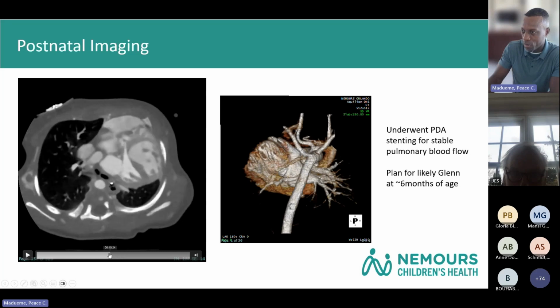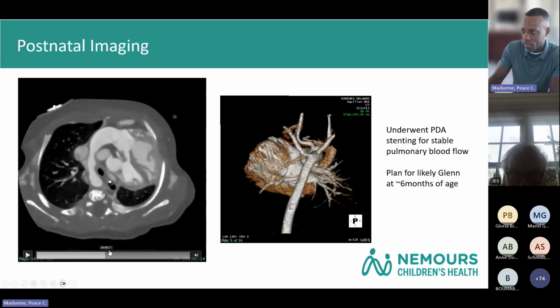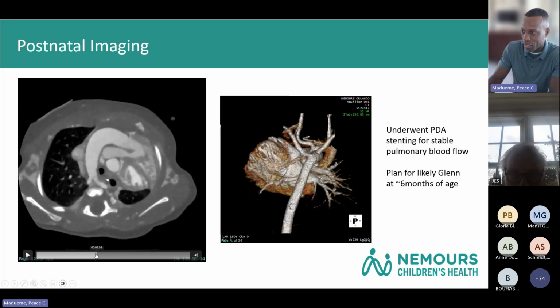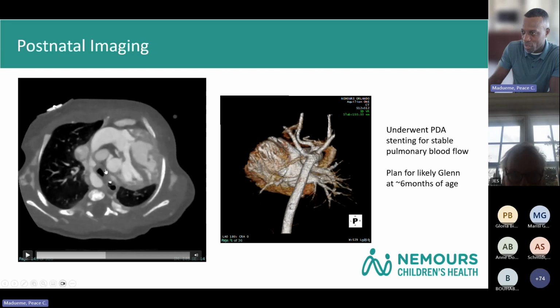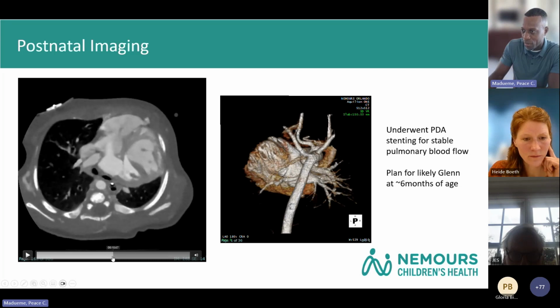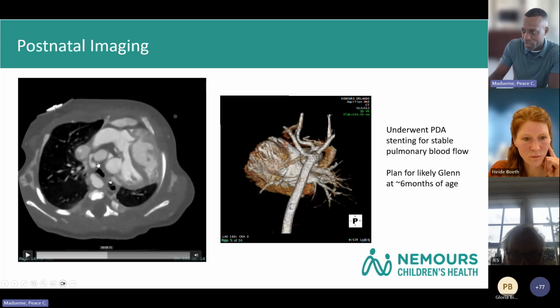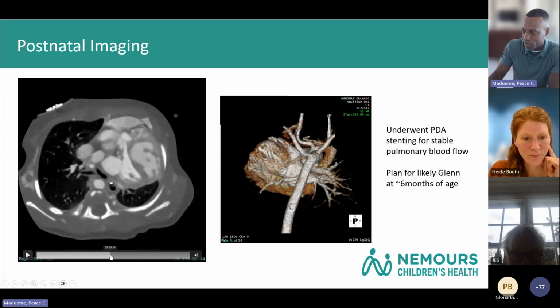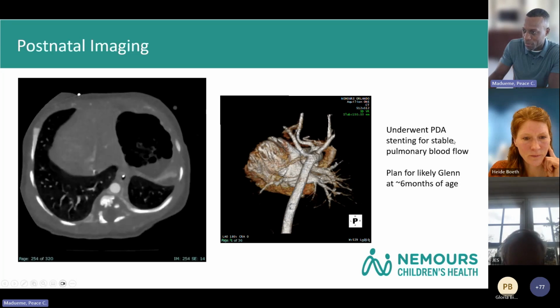It's pointed posteriorly, and then coming from this right ventricle, there's 1 great vessel, which is your aorta. And then your second great vessel right here, which is your pulmonary, a very hypoplastic left pulmonary artery right there, and then a normal RPA you're going to see right there. And then this is the ductal connection between the transverse arch and the RPA. And I mention that only because that is what we did from a palliation standpoint. Underwent a PDA stent for stable pulmonary blood flow.